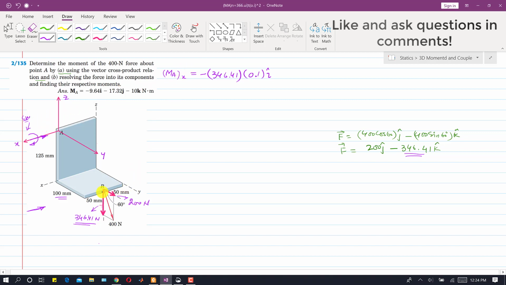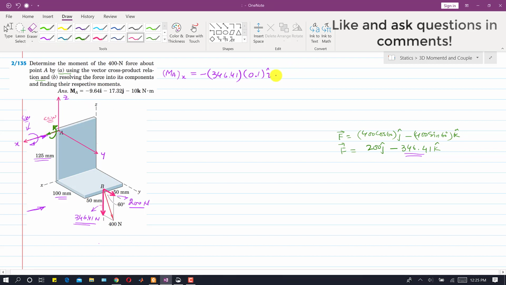And then if we look into this component, this 200 Newton component is again producing the moment about this x-axis, and this 200 Newton has this much distance from this x-axis along the z-axis, right? And that moment will have this direction, so this will be the direction of that moment. If we curl our right hand fingers along this direction, our thumb will point in the positive x direction, along the positive i. So this means that this green moment is the counterclockwise moment.